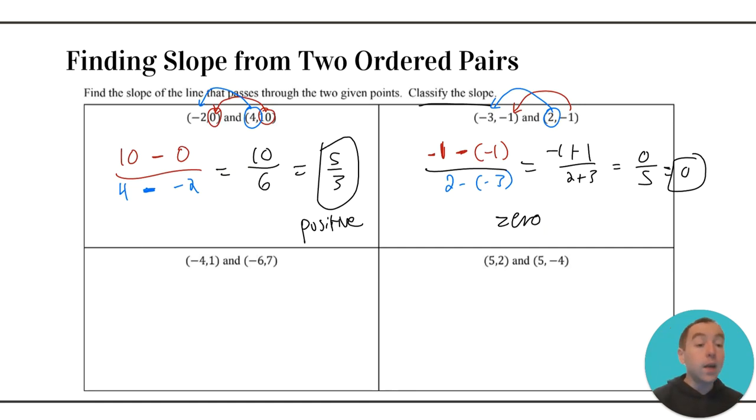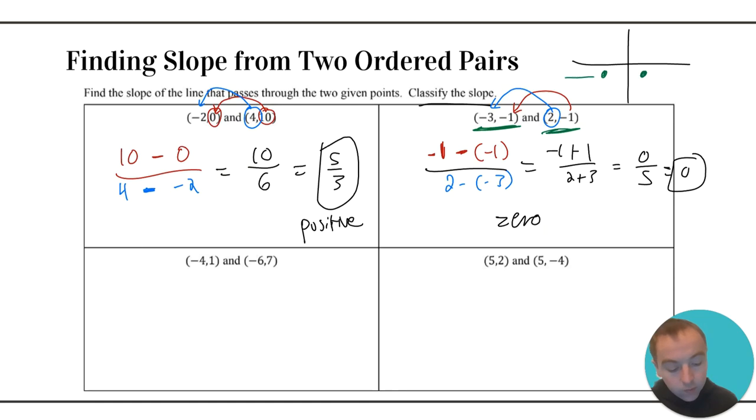What that really means is you just have a horizontal line, because if you were to look in a graph and you were to plot the point (-3, -1), and then plot the point (2, -1), they'd be approximately in those locations, which then would have a horizontal line connecting those 2 points. Okay. For this one right here, you'd have 7 minus 1, and then x minus x would be -6 minus